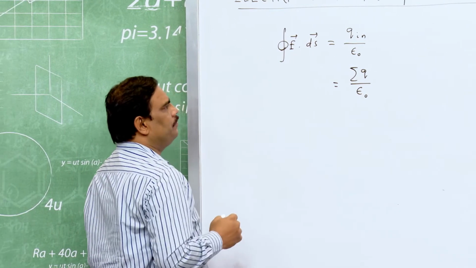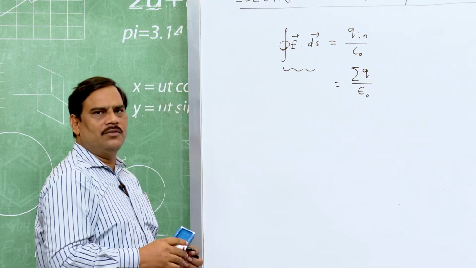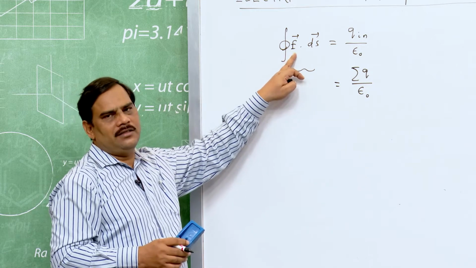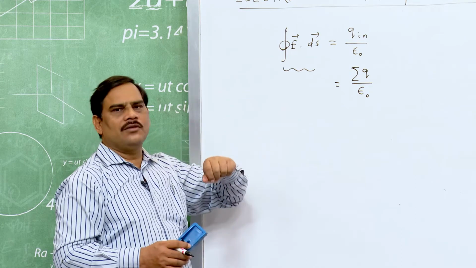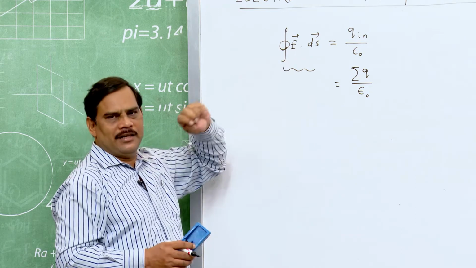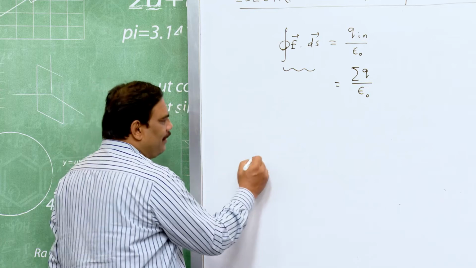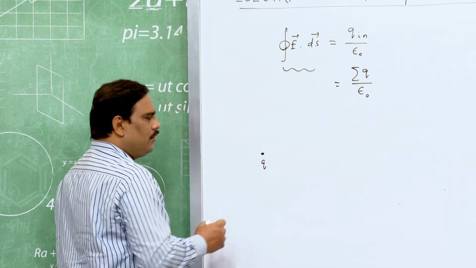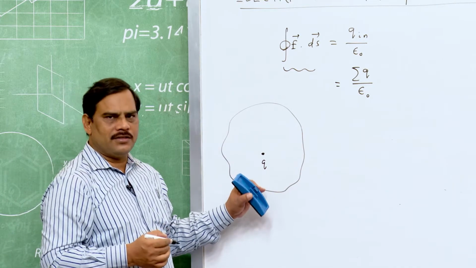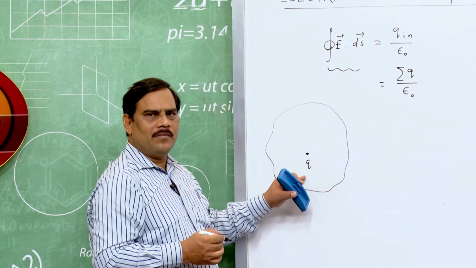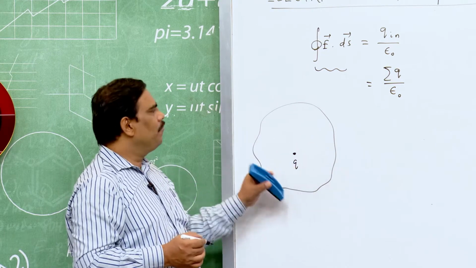Now, this Gauss law is related to flux, and knowing the value of flux, we can find the value of electric field at different positions. We have a lot of applications of Gauss law in our daily life. Let us first have a proof of this Gauss law. Suppose I have a charge q inside an enclosure. It may not be the surface of a sphere. It is a closed enclosure of any shape.